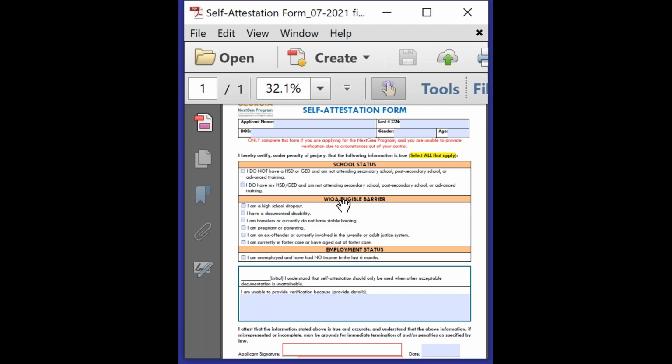But why I'm mentioning it is because tomorrow when you go over VOS, in the application, you'll be asked what are their barriers, and you'll only have to prove one of the barriers, but we ask that you check all the barriers that apply. So if a person comes in and you feel like they might have a disability just based on your conversations with them, then check the box. But if you check the box, you have to have something in the VOS system that justifies what you're saying. So a case note in that case would suffice.